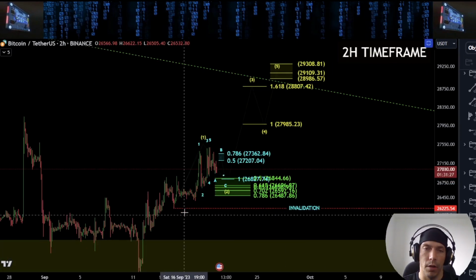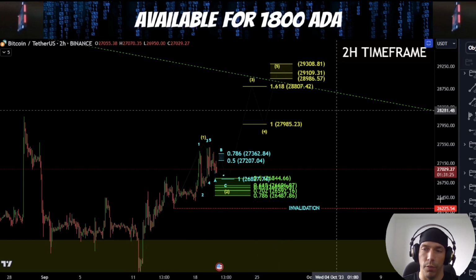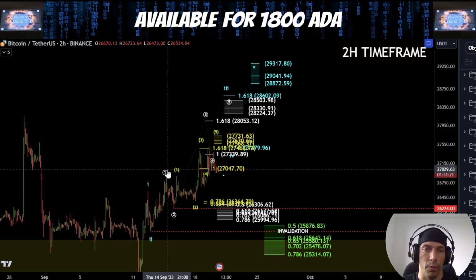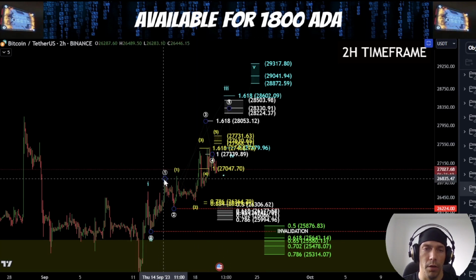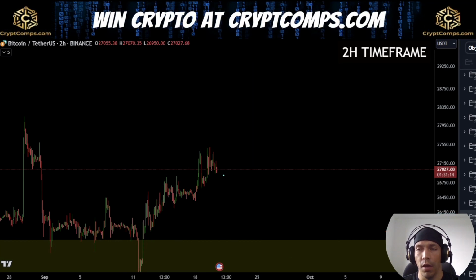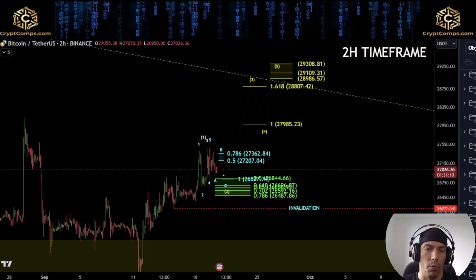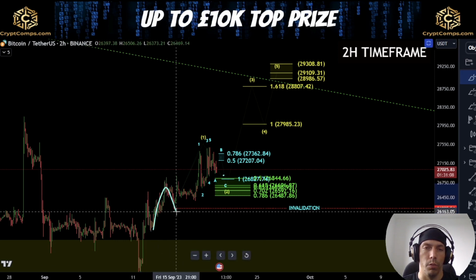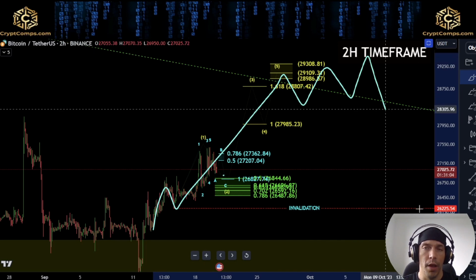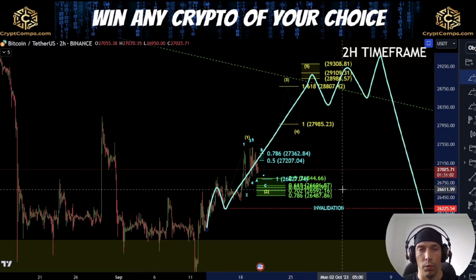Now, if we do get something like this, where this becomes 1, 2, 3, 4, 5, the same idea would be here, that this would all become part of this bigger wave 3 in the white wave 3, and then we'd still have an additional fourth and a fifth looking to play out from further up here, where what we'd say is that after this move over here, this is 1, 2, this would be 3, we get 4, 5,